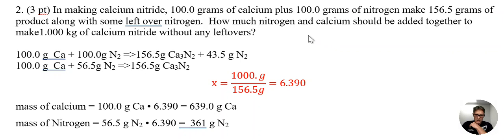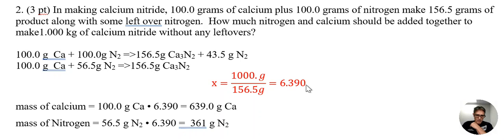Now, 1,000 grams is the same thing as 1 kilogram, so you need to recognize that. So 1 kilogram is 1,000 grams. If we want to make 1,000 grams, then we want to figure out what the ratio is between the 156.5 grams that we've made with 100 grams of calcium and 56 grams of nitrogen and 1,000 grams of the product we want. And so to figure that out, we take 1,000, divide that by 156.5, and we come up with